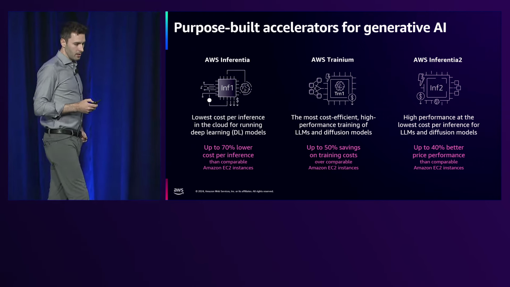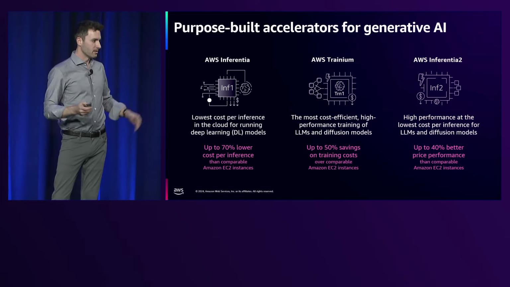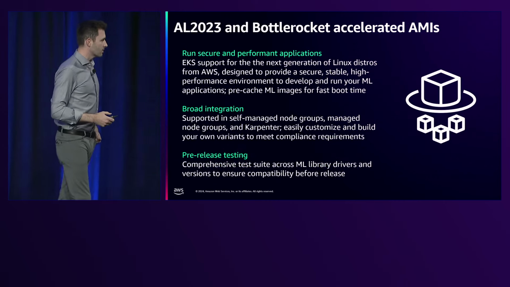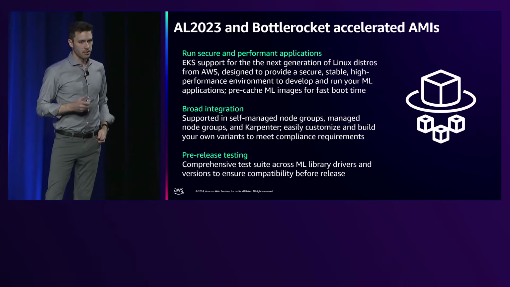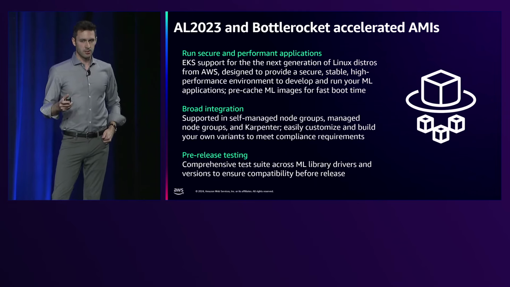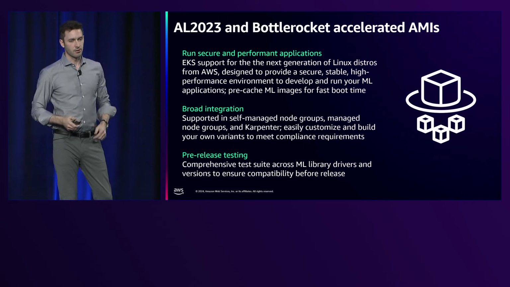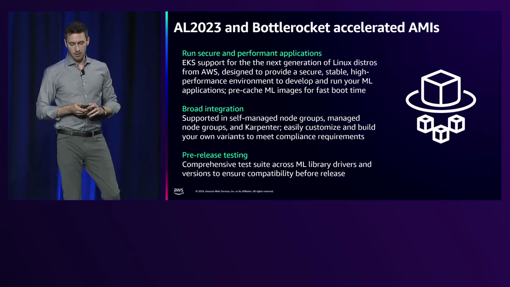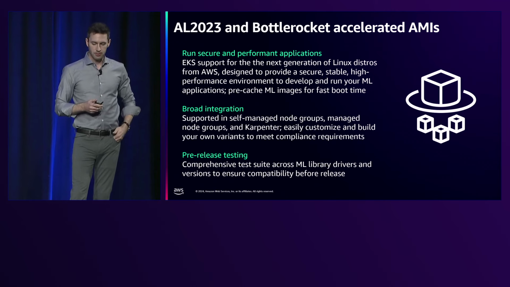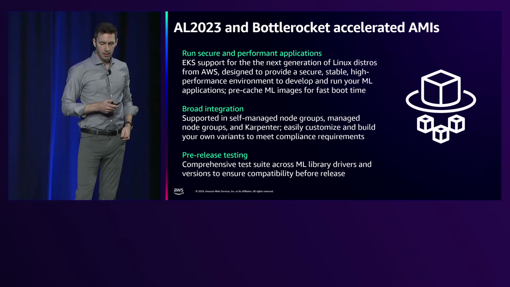workloads. And again, these are great, but for those of you in this room, it's not helpful unless it works with EKS. And in the last couple of months, we've introduced accelerated AMIs for both Amazon Linux 2023, which is the newest general purpose Linux distribution from Amazon, as well as Bottlerocket, which is our container-optimized operating system. These work with all of the various EKS compute options, self-managed node groups, Karpenter, managed node groups, and probably, again, one of the